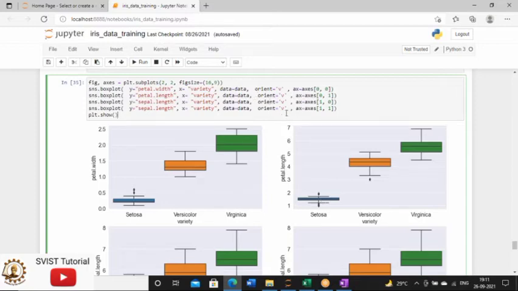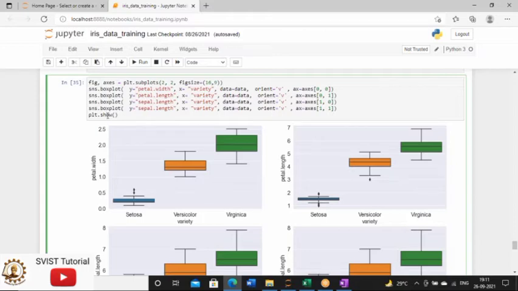I will share this file with you today. Instead of V, you can write X, O, anything, and then find what changes happen in your plot. And then finally, to see all the facets together, you have to write plt.show. So this is how you will create the box plot.